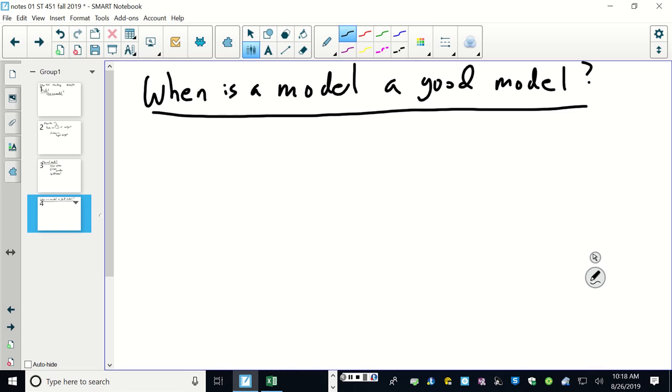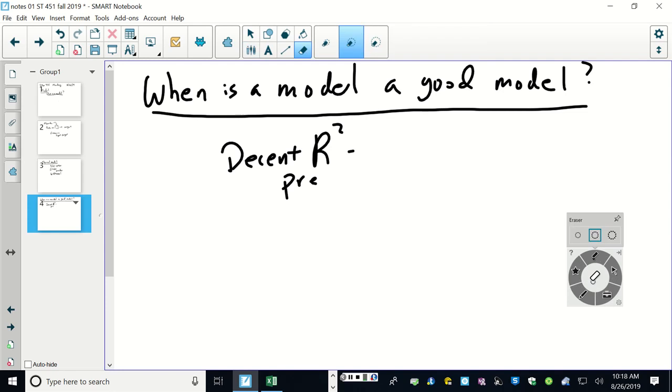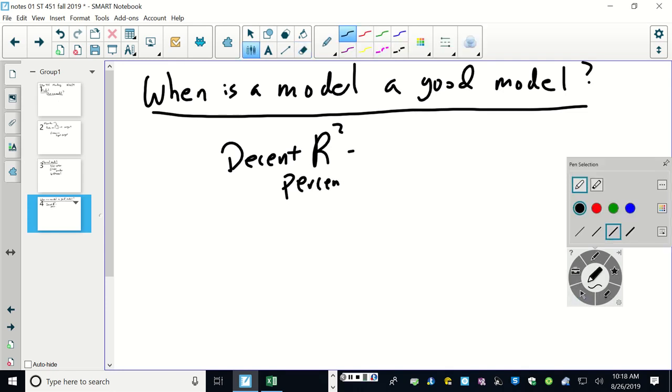Yeah. There's a decent R squared. Decent R squared. So that's a term we will define. So what in general is R squared, a term from linear regression? The amount of variance in y that's explained by the x's. So we'll get the precise definition of this, but it's like the percent. Percent. So it's a percent of variability in an outcome